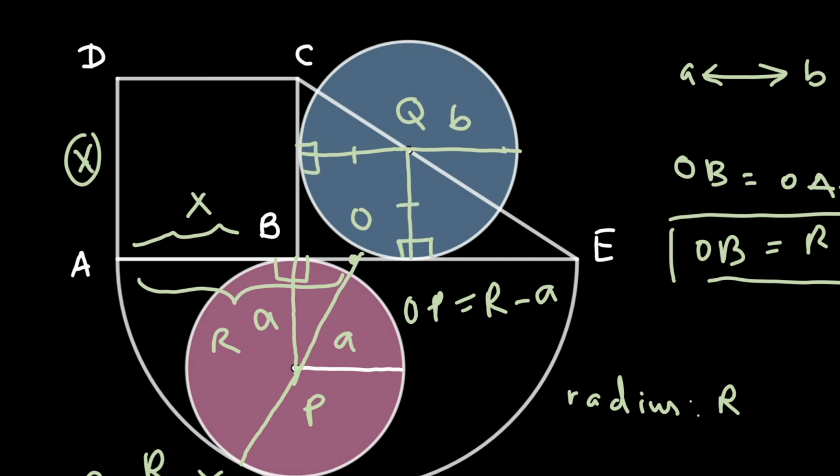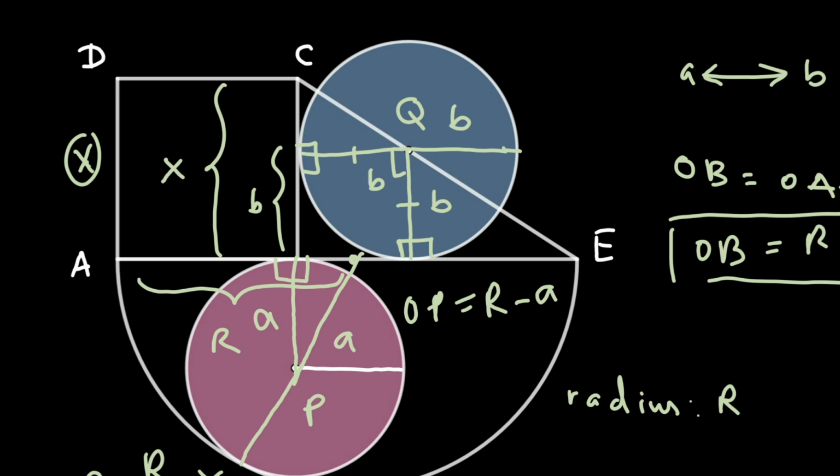Okay. Now these two distances would be equal and would have a value b because we have taken the radius as b. This is 90 by linear pair of this square and by angle sum that is 90, and adjacent sides are equal, hence it is a square. So all these four sides would have a value b. Let me just remove this thing from here. Now look carefully that as this is a square, the distance from here to here would have a value b. The distance from that point to here is the side length of the square, hence it would have a value x. Therefore the remaining distance, that is this much, would be equal to longer minus the shorter, and that is ultimately going to be x minus b.